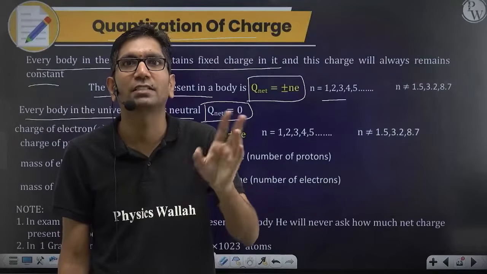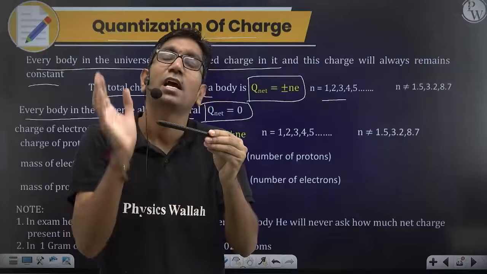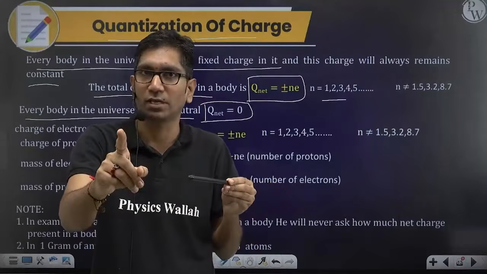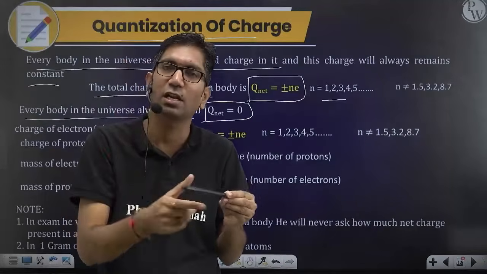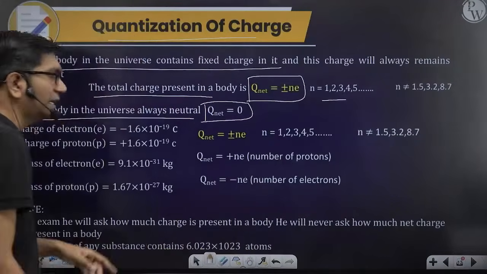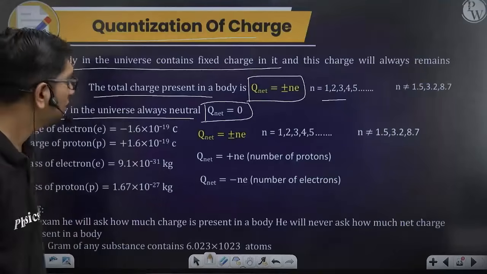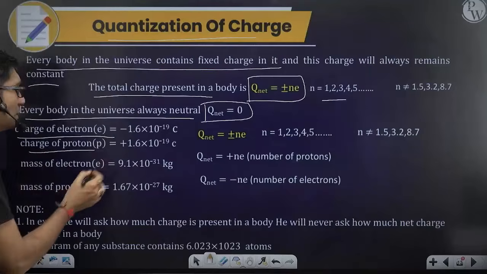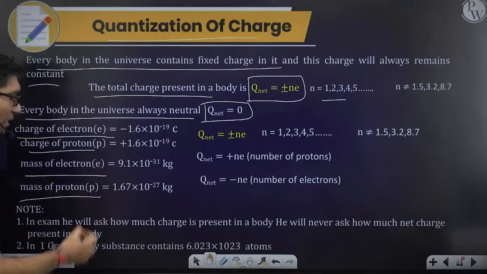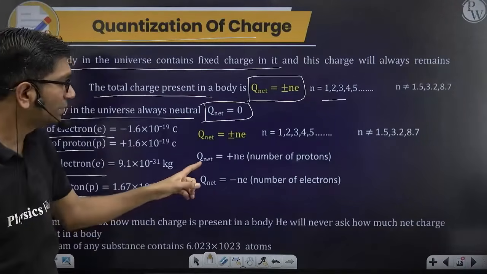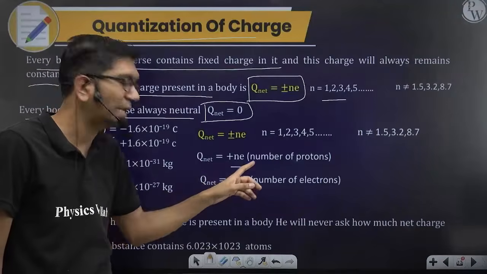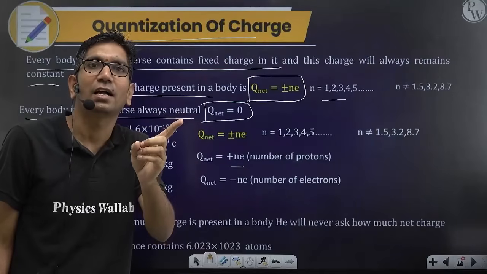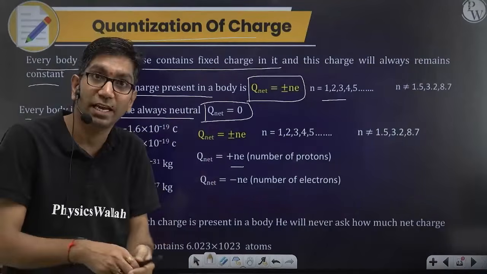Don't write, sir, in this one we have 100 protons and 98 electrons. Don't write like this. That is a wrong answer, because each and every body is neutral and 100% electrons and protons are equal, beta. So remember all these things. Charge of electron is this one, charge of proton is this one, mass of electron, mass of proton. Okay, right, beta. So Q net, if you write plus Ne,